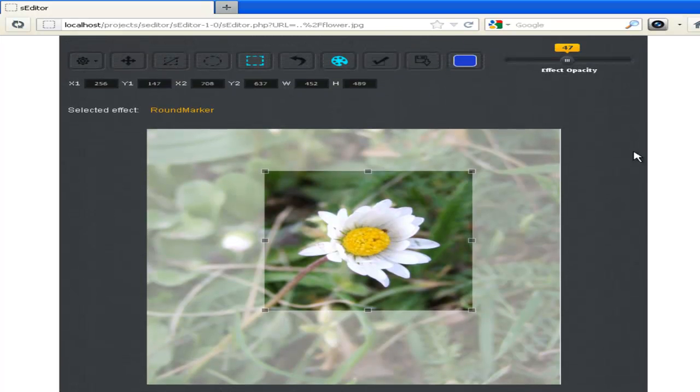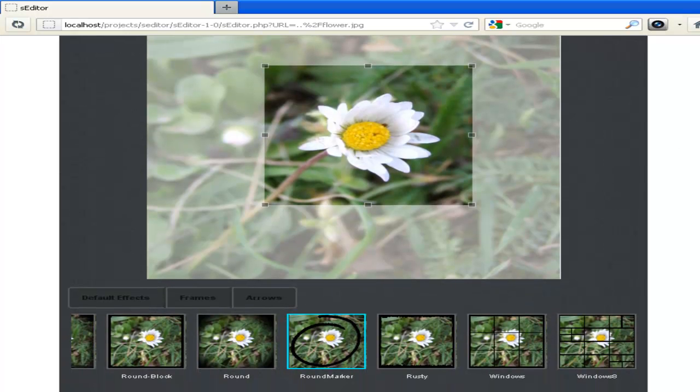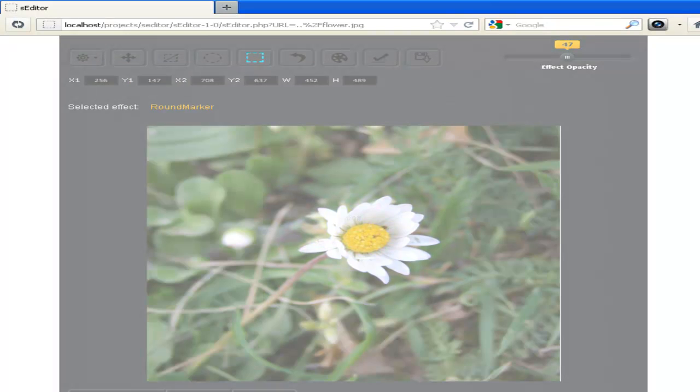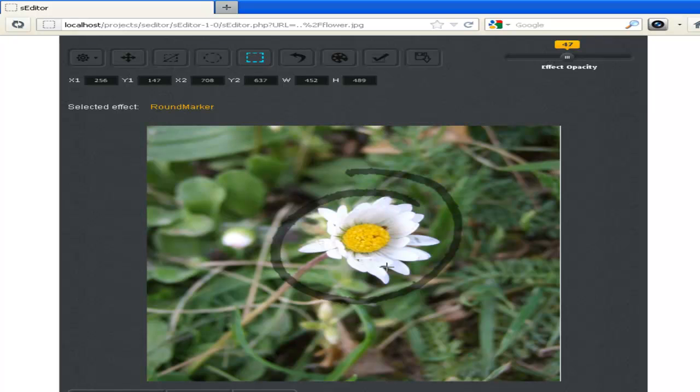And if you don't want to use the color, you can turn the color off for these effects, and pressing on applying image, you will see that the effect will be black, and the effect opacity was 47%. If I turn it to 100,